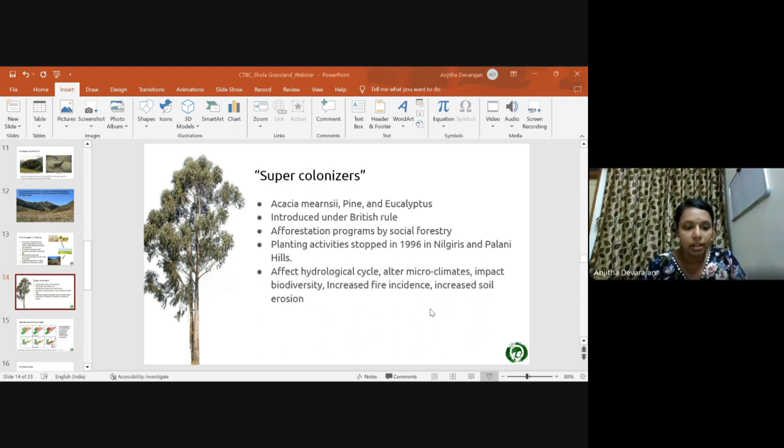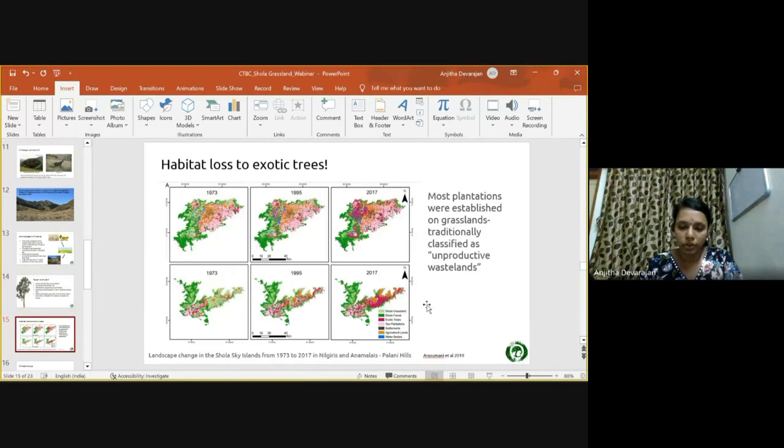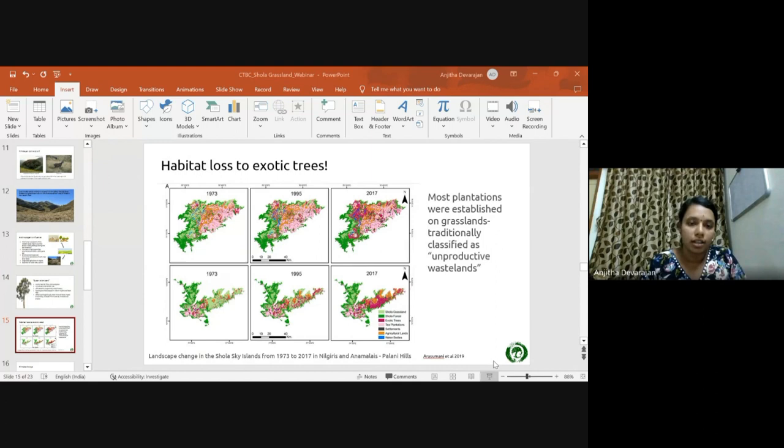So this was a study. Coming to the next slide, there was a study based on remote sensing technology. They looked into the evolution of the land use over the past years. From 1973 to 2017, they studied, and what they found was that a lot of grasslands have been converted or invaded by